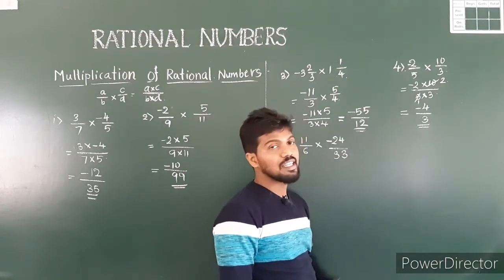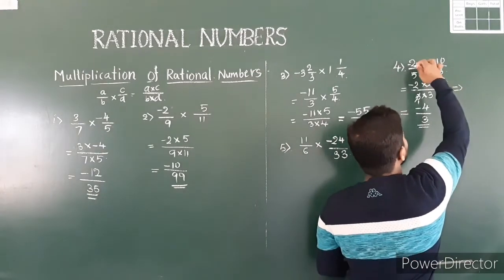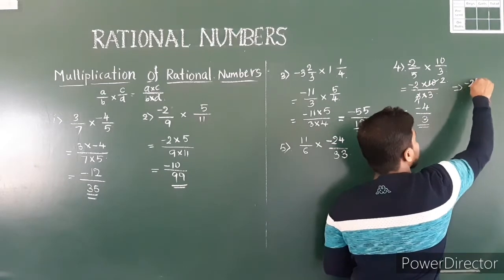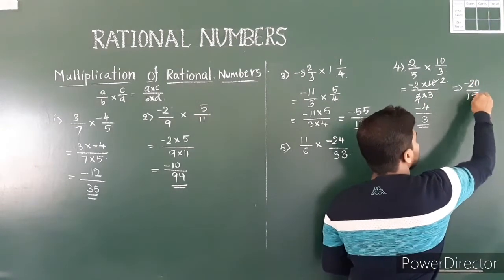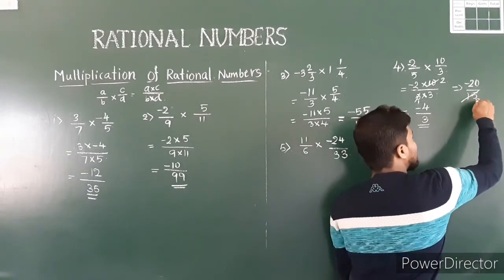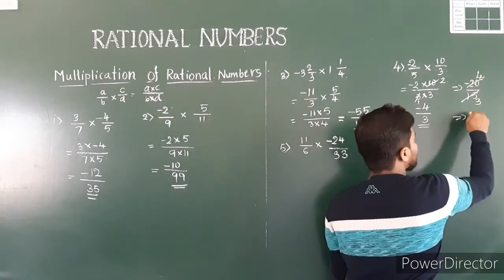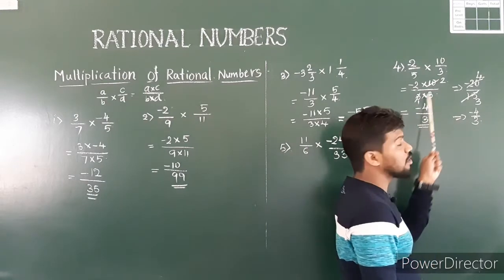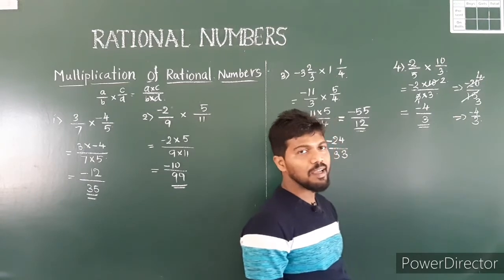Suppose I do not cut this one, and do it directly, what do I get? So see, I show it here. Minus 2 into 10, I get minus 20. And here 5 3s are 15. So what is the common table? 5. So 5 3s are 15, 5 4s are 20. So the answer itself is minus 4 by 3 only. It is very easy to do it here. Clear? So you write the final answer minus 4 by 3.